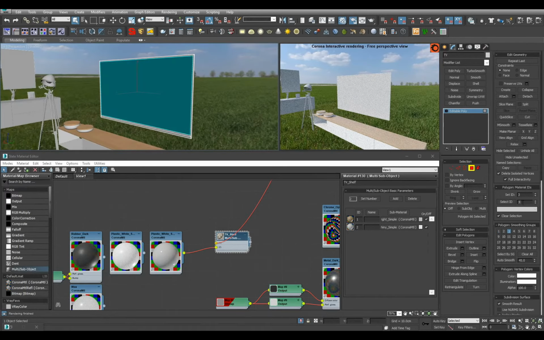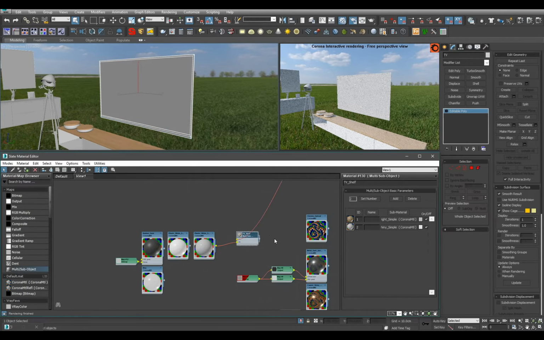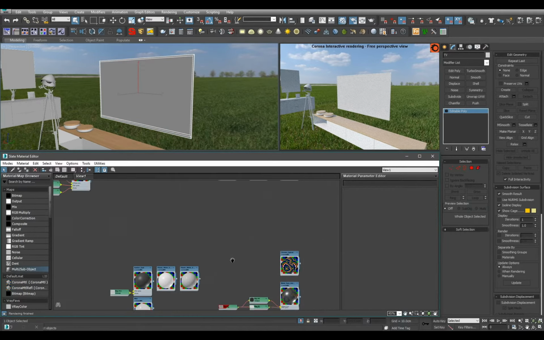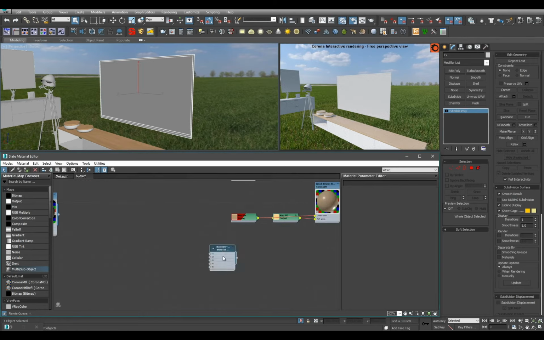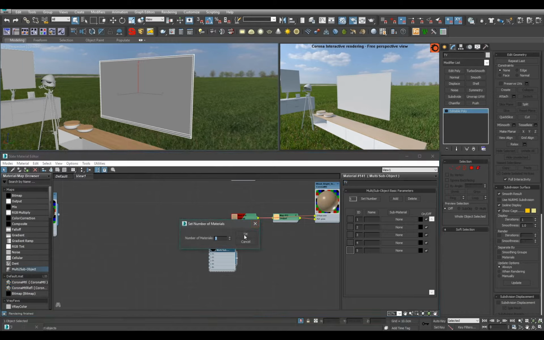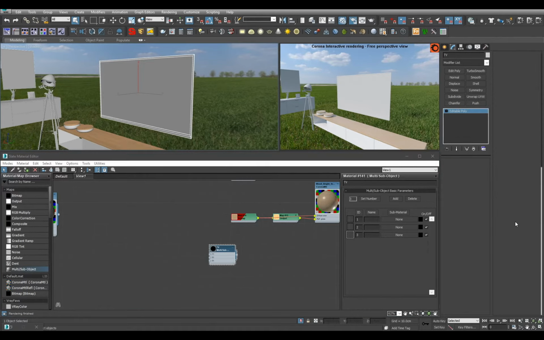Okay, so select ID 3, select ID 2, select ID. Oh, I remember. Okay, so let's get rid of this. Let's call this TV. Make them. So ID 1